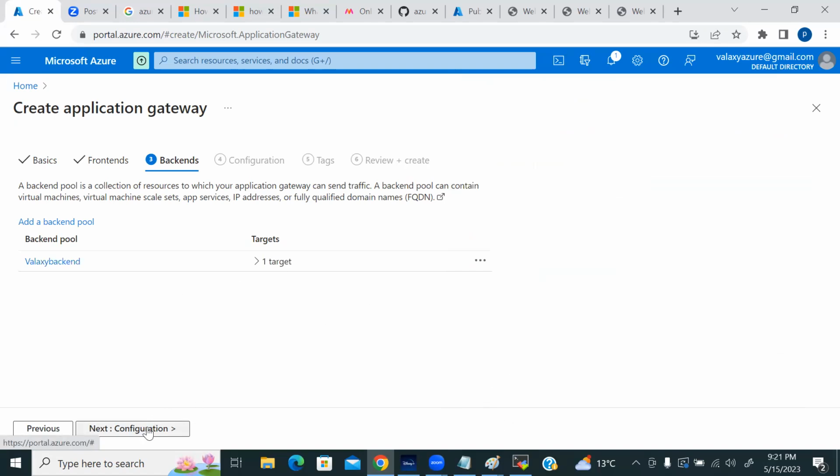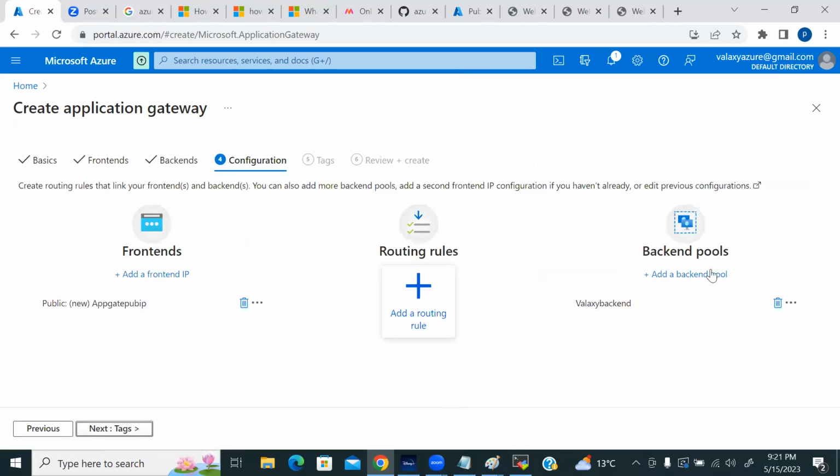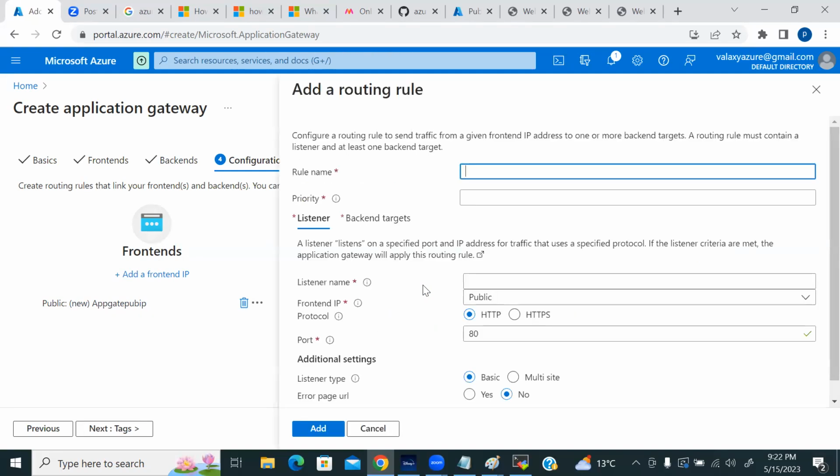And now the next configuration. We have a backend pool and we have a front end. We don't have any routing, meaning the communication between these two is not established. So there should be a mapping between these two. Further, we need to configure these routing rules. So if you click on add routing rule, the rule name,